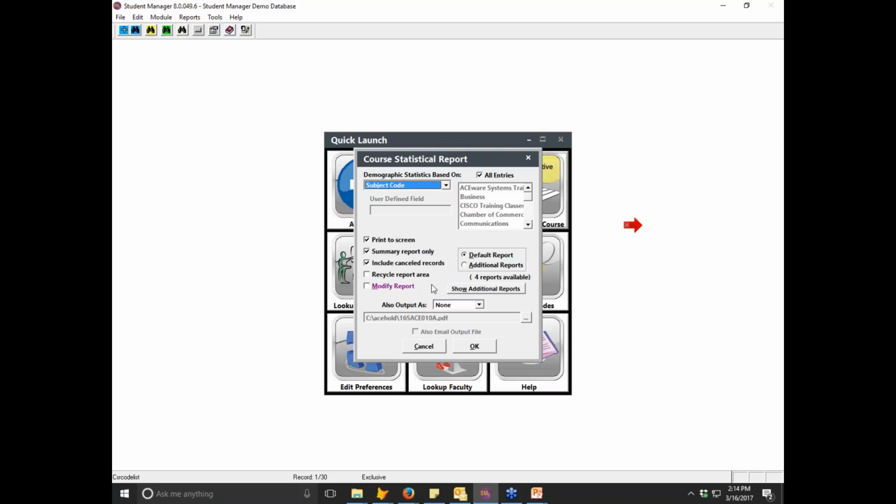and go with additional reports, summary and